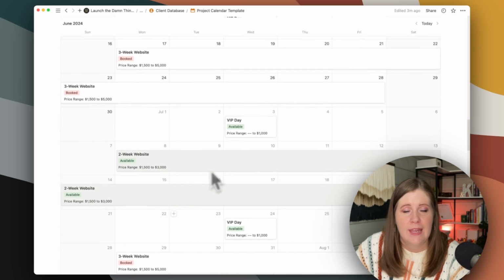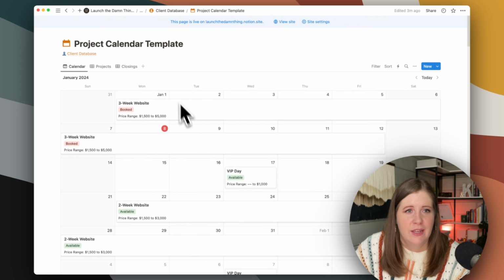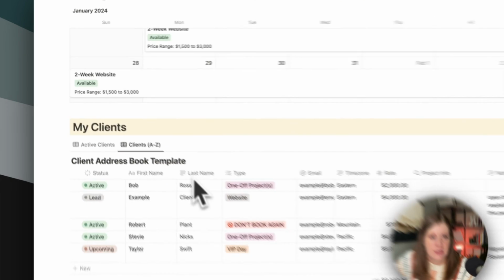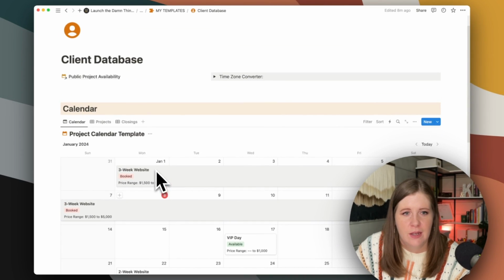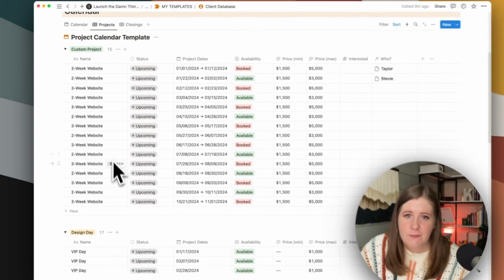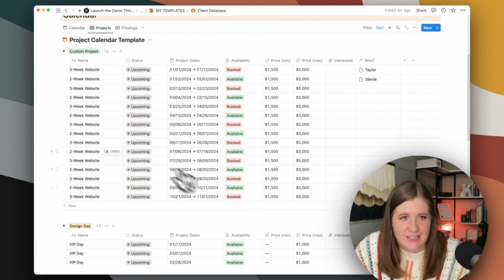So in just those short minutes, we have already planned our entire year. If we go back to the client database page, we have our client database down here. We have all of our projects listed here. So let's take a look. That's all the stuff that we just planned, because we made copies of stuff that was already in existence and